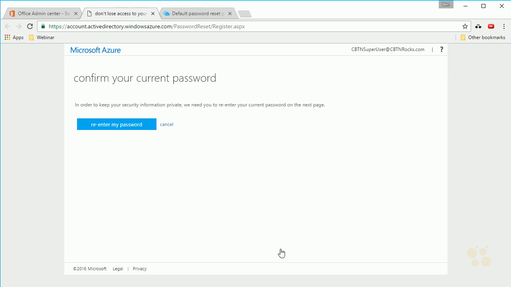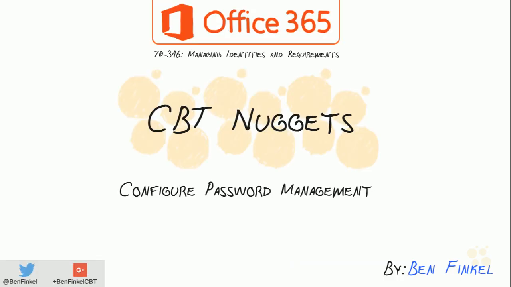So you need to do a couple of different steps here to enable self-service password reset, but it's actually probably a good idea. It's actually a lot stronger security to let users manage their own password resets as opposed to having an IT help desk support person do that for them. So that's it for this nugget on